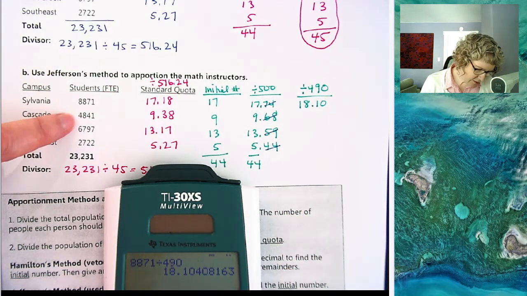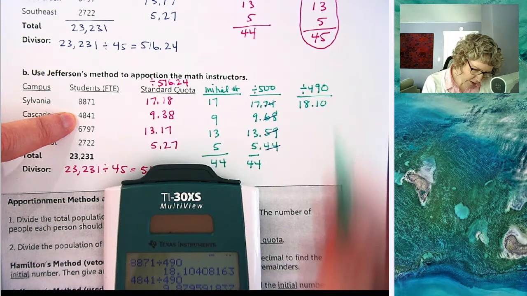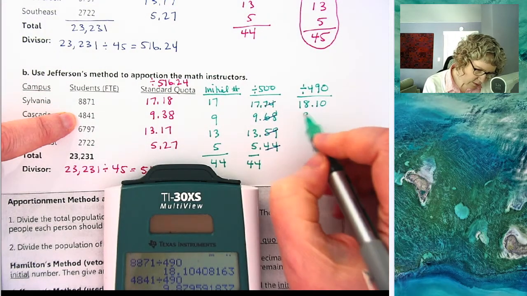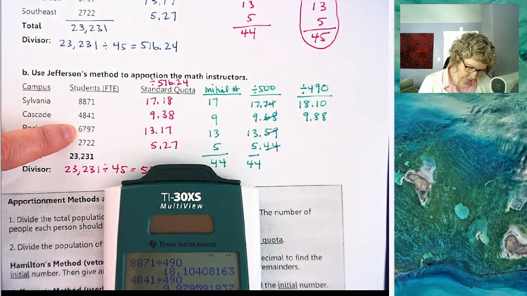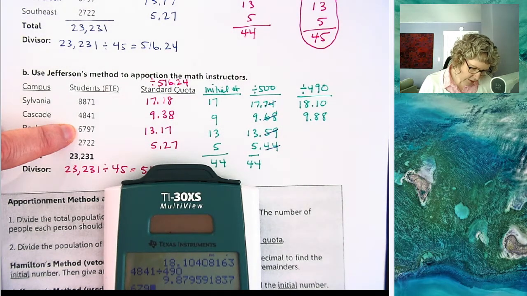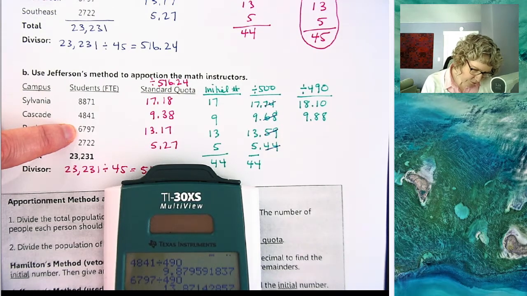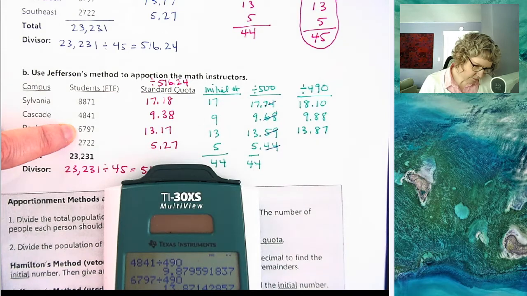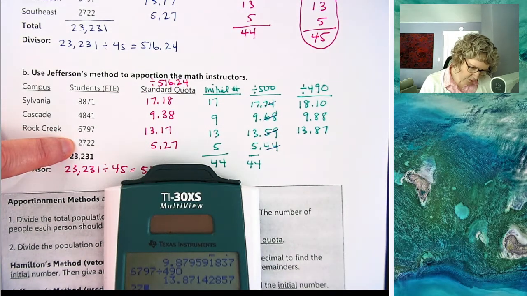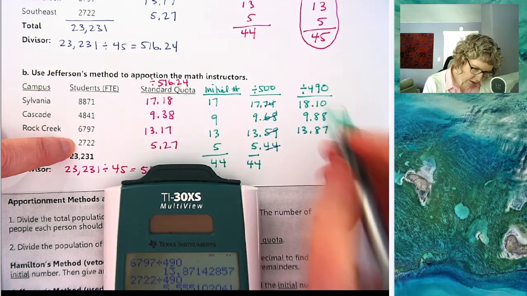So let's check. 4841 divided by 490 is 9.88. Okay, so that stayed 9. 6797 divided by 490 is 13.87. And 2722 divided by 490 is